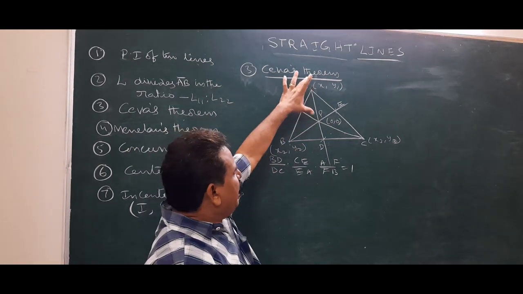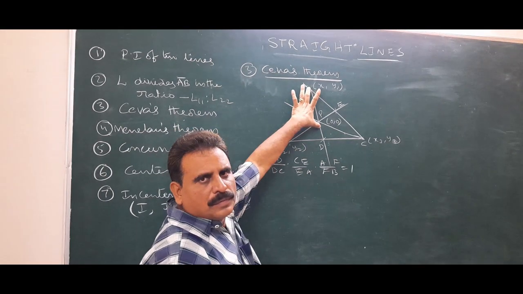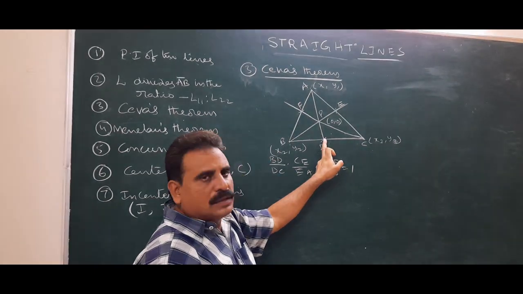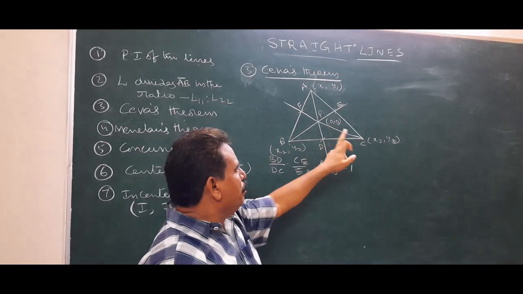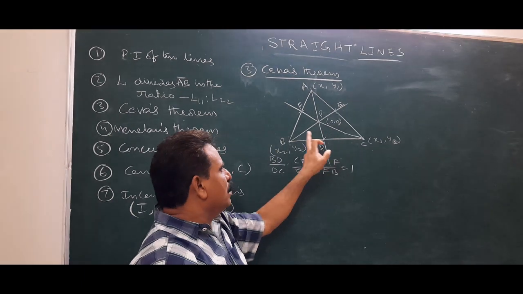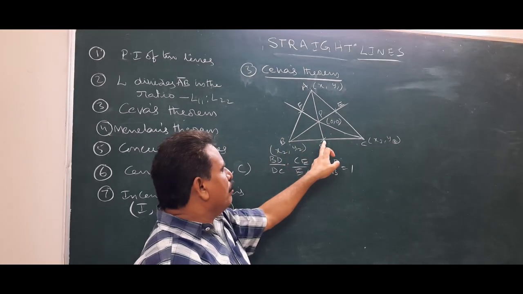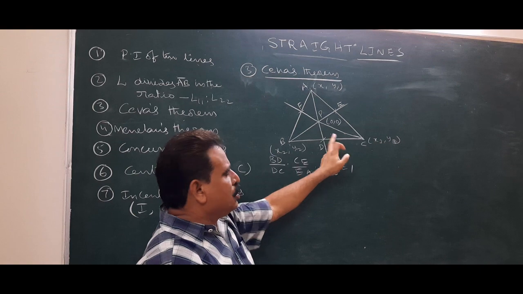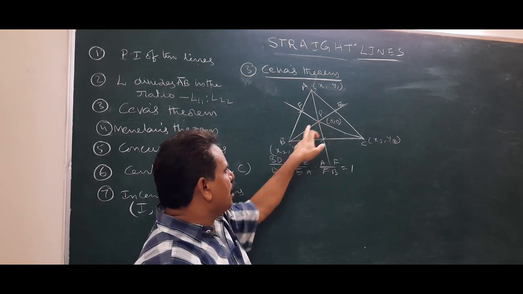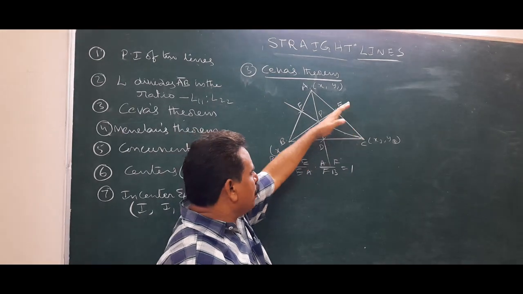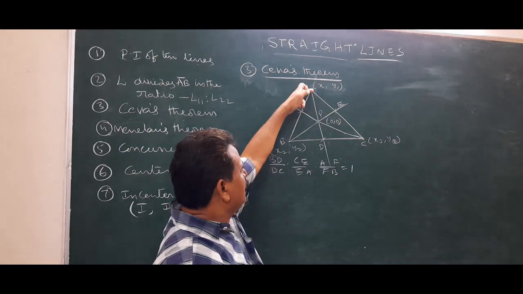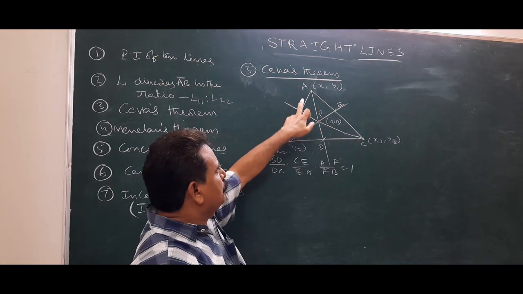Now, you can find the AP equation. By using the two-point form, we get the line equation. That line divides BC in the ratio BD by DC equal to minus L of B by L of C, we get the ratio BD is to DC. In the same way, B (x2, y2), P origin, we get the line equation. After that, by using that line, we can easily get the ratio. After that, the PF equation in the same way.